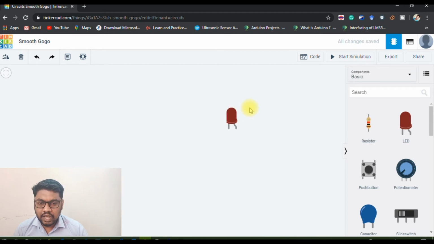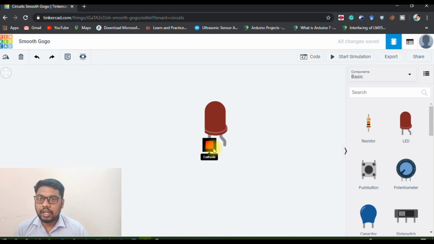So you can see that in this LED, this is the anode, and this is the cathode. The cathode is always connected to the negative terminal, and the anode is connected to the positive terminal. And in the real world, if you pick up an LED, you can identify the cathode and anode using the length of the legs. The one having the greater length is your anode, and the one having the lesser length is the cathode. So positive and negative, this is how you identify them in real time.